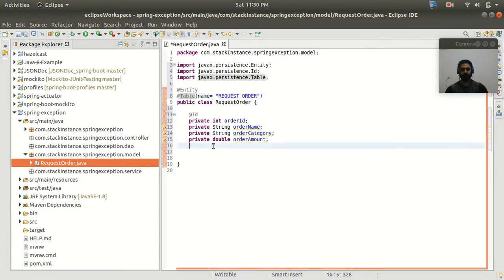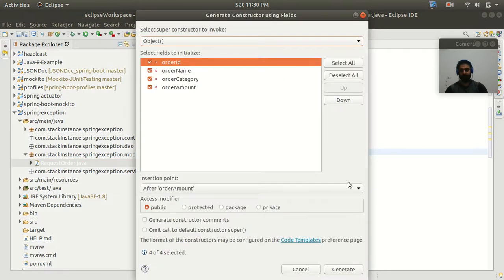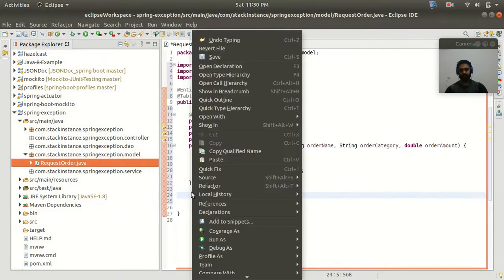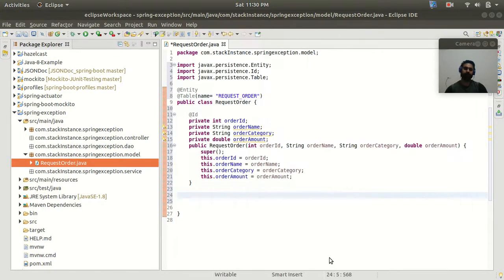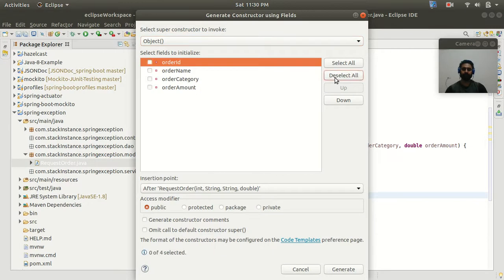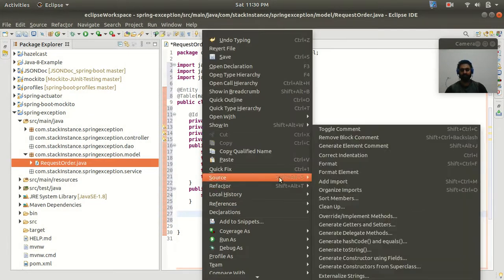Yeah, now it's fine. So let's create some constructors. First of all I will create the parametric constructor, and then I will create a default constructor, deselect all and generate. And now I will create the setter and getter methods for this class.